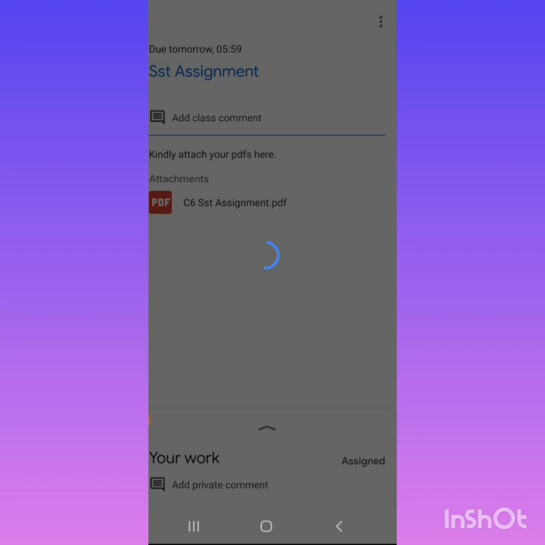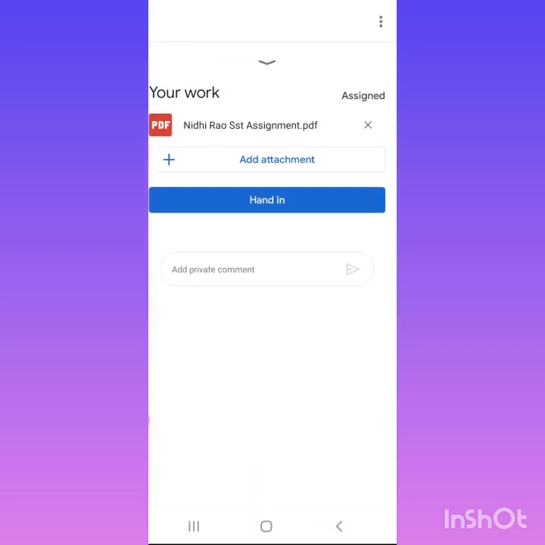As I select, my PDF automatically starts attaching itself, right? And you can see your work here. You need to click on this arrow. Here I have clicked and see in your work my PDF is already there.